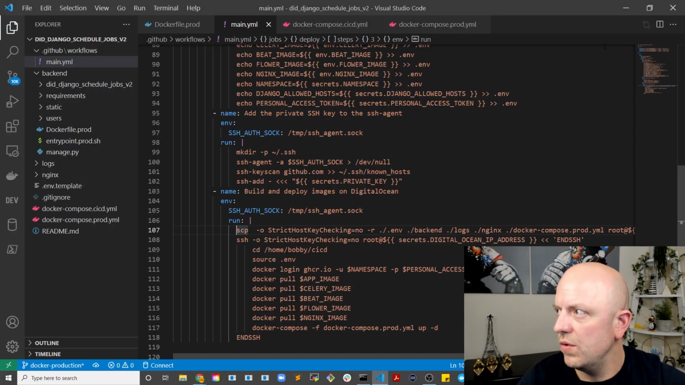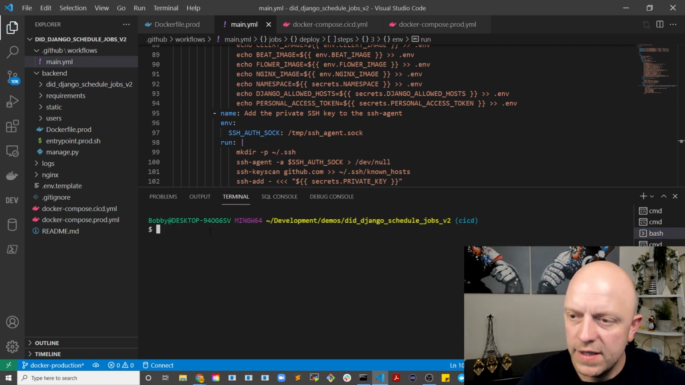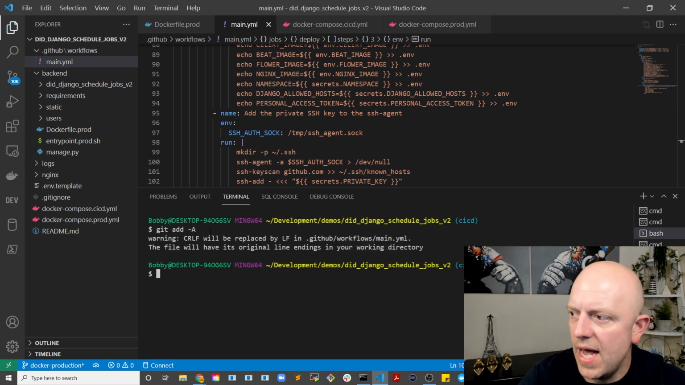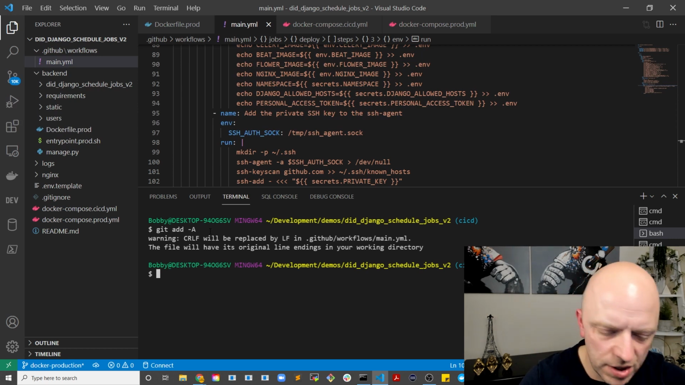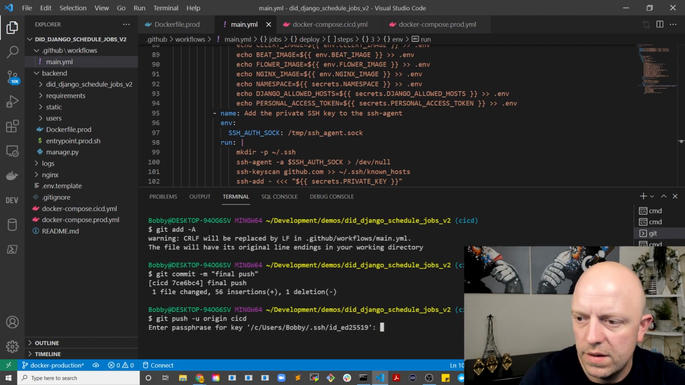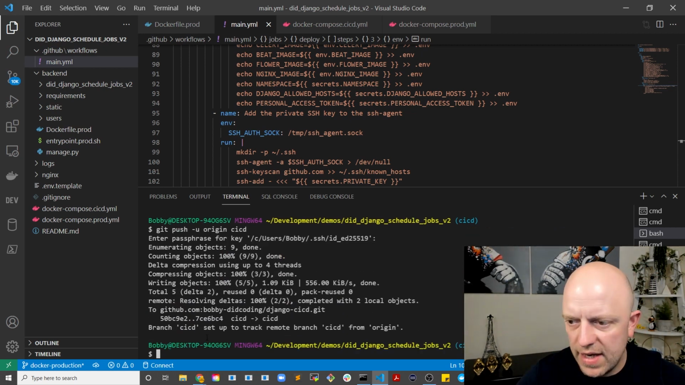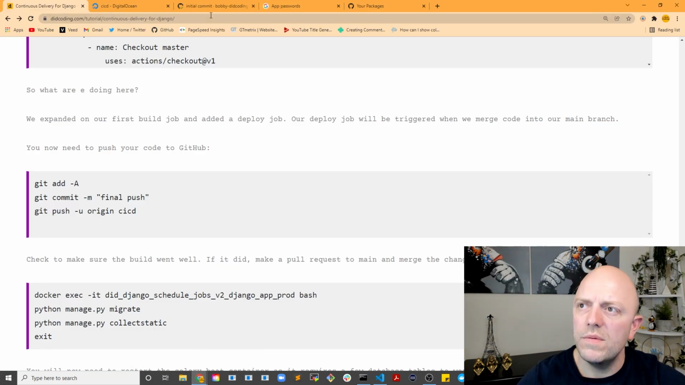So let's go into terminal, new terminal. We should have bash open there. We go just git add, we're already in CICD branch, so git commit, and we'll call this final push. Git push -u origin, and this is CICD. Running passphrase. Okay, that's pushed it. That should, if we go into GitHub, going to GitHub here,